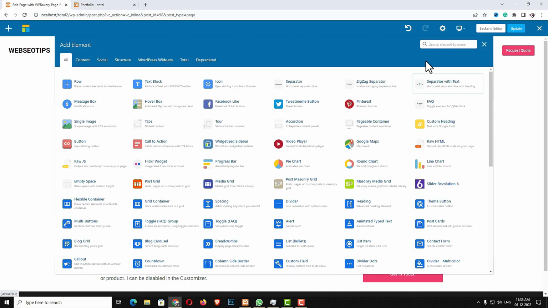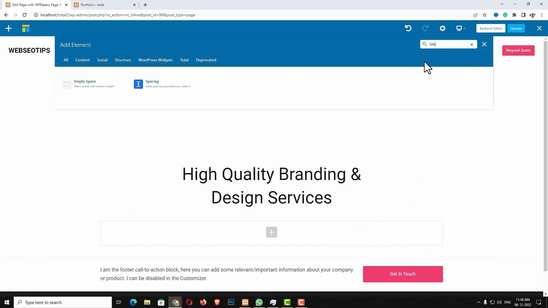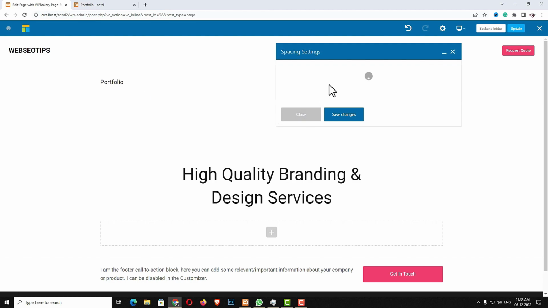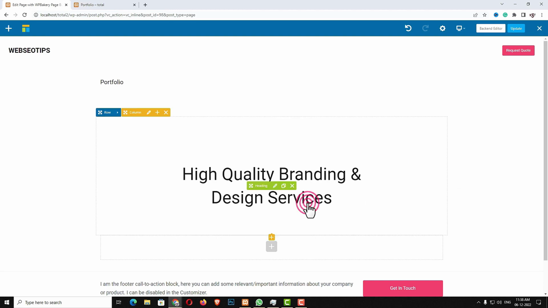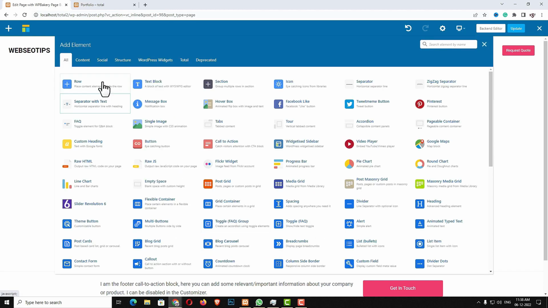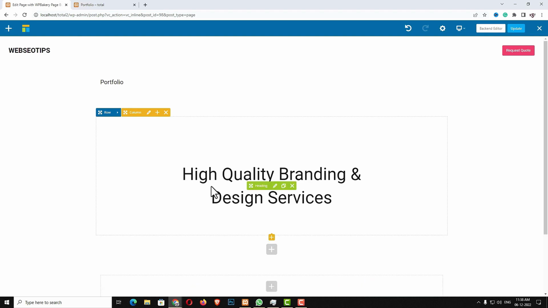After that, click in this, and here again I have to search for the spacing. Click on that. Spacing I am taking around 50 pixel. Let me click in the save option, and after that I have to click in the close. Now let me click in this, click in the row, and from here click in this edit option for the